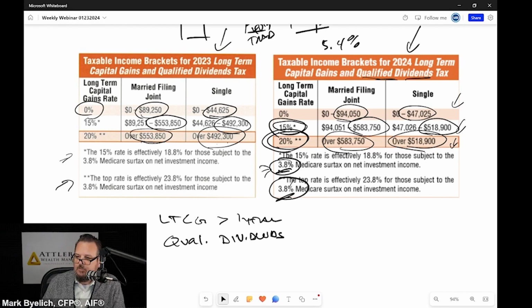Doug asked another question. What is a qualified dividend and how do you find them? So qualified dividends are, it's not like a waiting period or anything like that, Doug. It's a dividend that comes from a position, whether it's a mutual fund, a business development company, closed-end fund, or an individual stock. It's how it's set up. So the dividend is going to be qualified or it's not going to be qualified, and that'll be on the investor relations information. If you call investor relations for the company or look at their website, your custodian should be able to tell you, and certainly your advisor should be able to tell you.